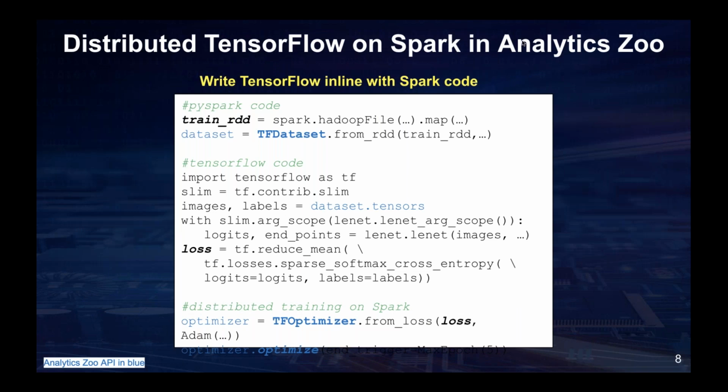So Analytics Zoo provides distributed TensorFlow on Spark. I think this is very convenient for current TensorFlow users.